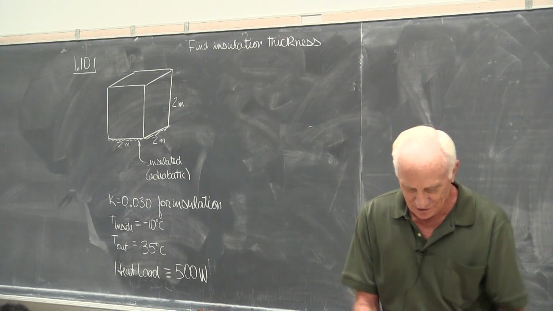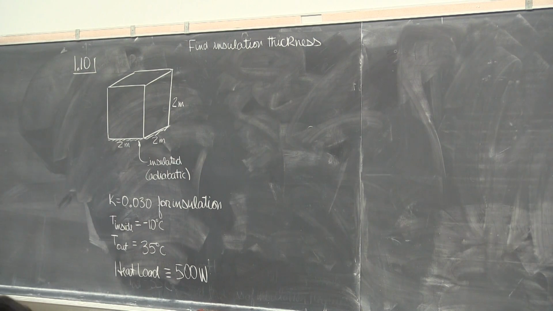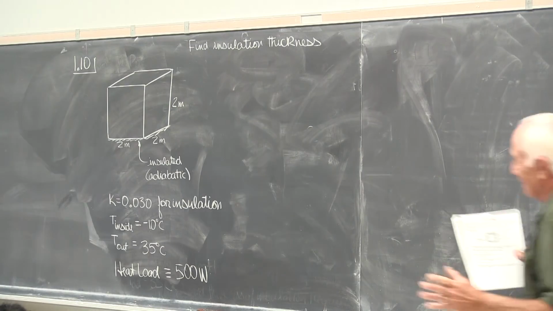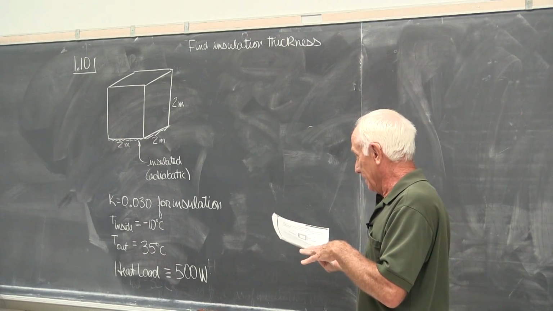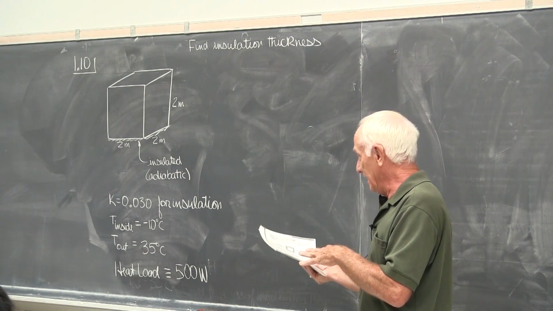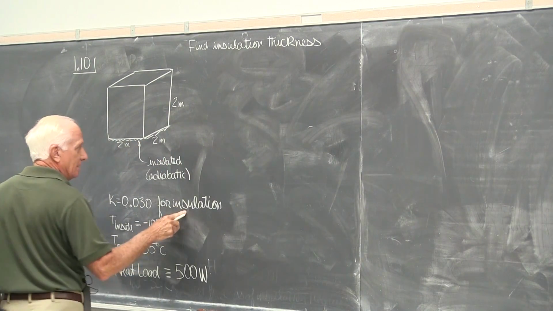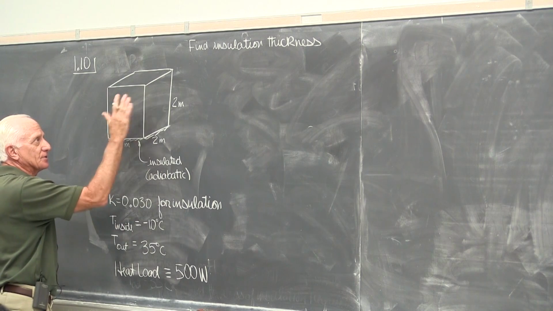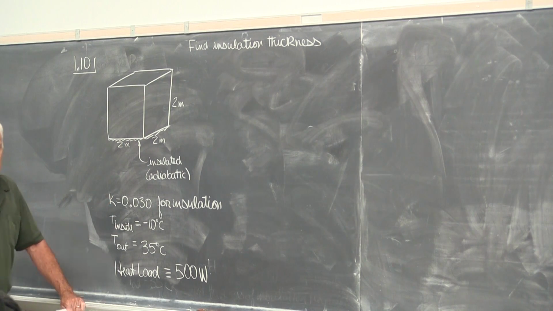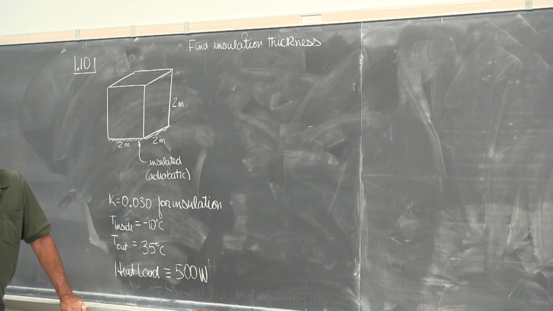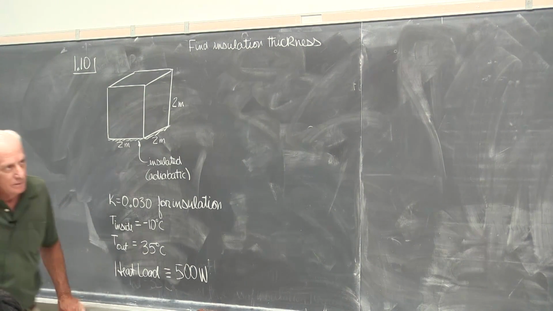But that's good news, bad news. On an exam, I can't lead you by the hand. You have to know from what I give you where you want to go and how to get there. So that's why I'm mentioning there's no convection here, there's no radiation, because they didn't give us any information on that. All we know is conduction through the insulation. We slap insulation on 5 sides: the top, the front, the back, the right, the left. The bottom is adiabatic. No heat gets out, ignore it.